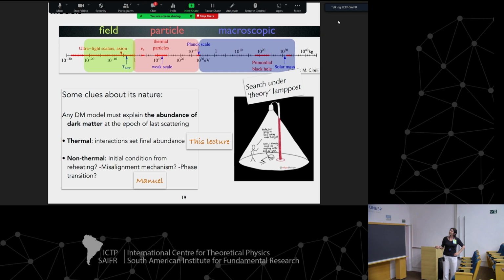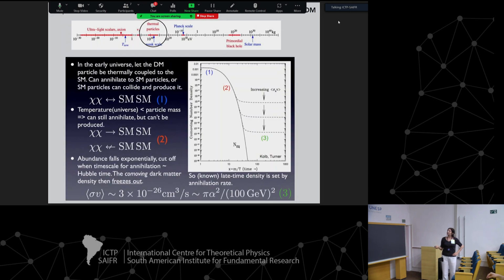Okay, now talking about thermal dark matter and its abundance. So what is thermal decoupling? How many of you had cosmology as a course? Many. Okay, so I don't have to go into much detail here. Basically, what I wanted to stress here, so you all know,